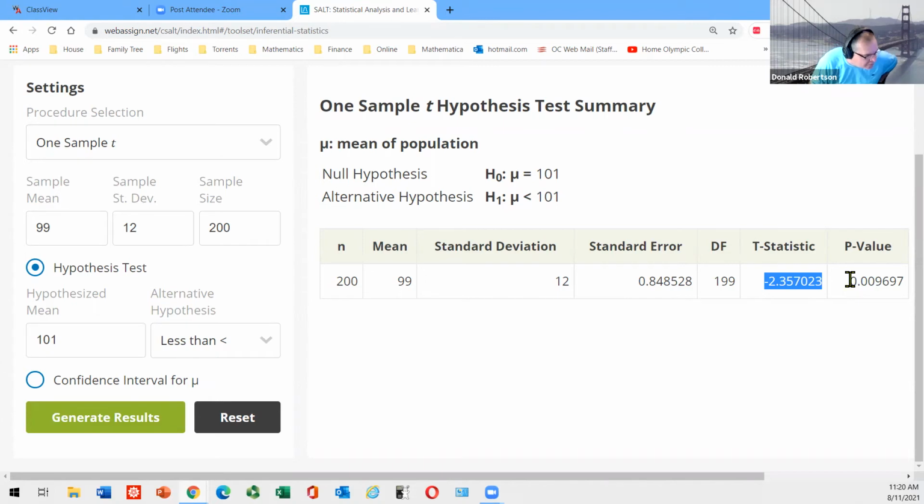Now, would you look at that p-value? That is a pretty interesting p-value. 0.00, oh dear, 9697, right? I'm now going to go back to our written story